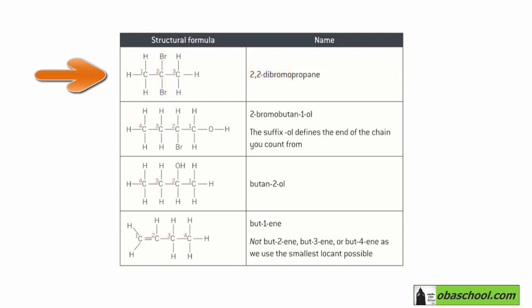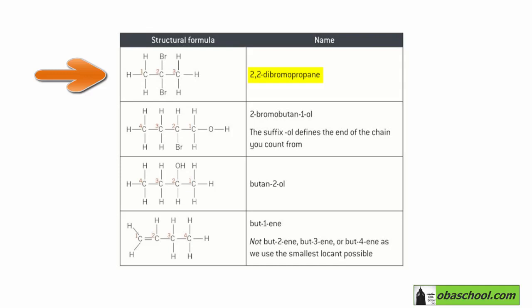So first of all, we have to identify the main chain and its name. In this case, it is propane. The branches or the functional groups are 2 bromine atoms. So we have to write dibromo because we have 2 atoms of bromine. And of course, we need to specify the location or the position of these bromine atoms. So they are both attached to the second carbon. So we have 2,2-dibromopropane. Remember that if we are separating numbers, we will use this comma, and to separate words from numbers, we